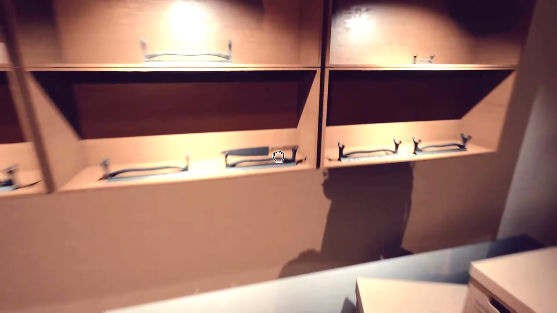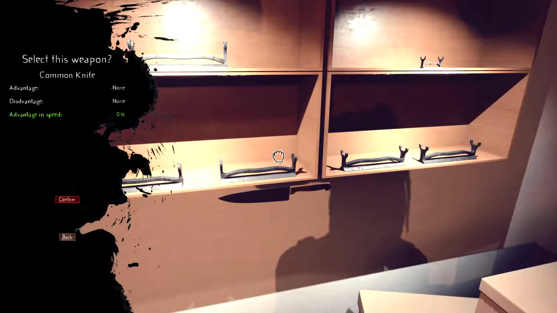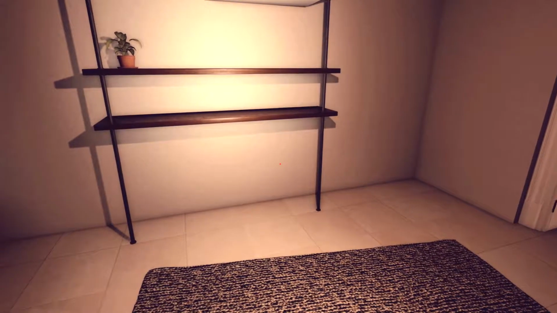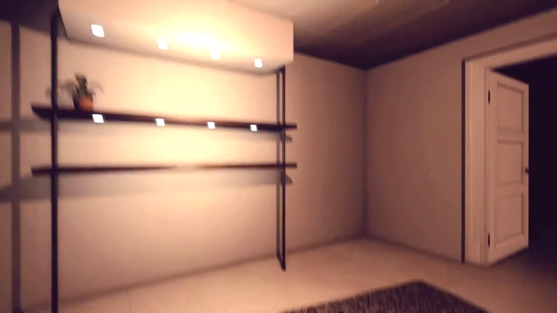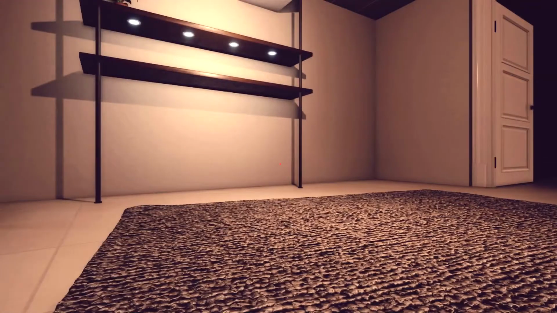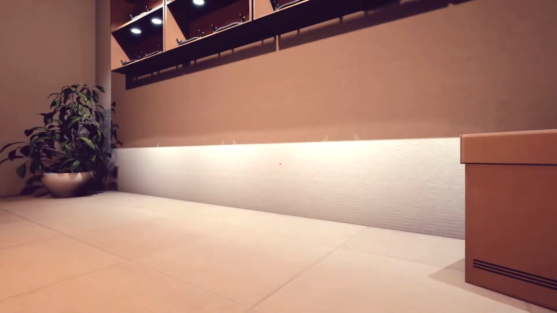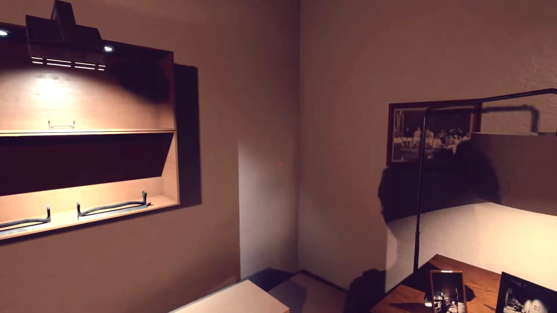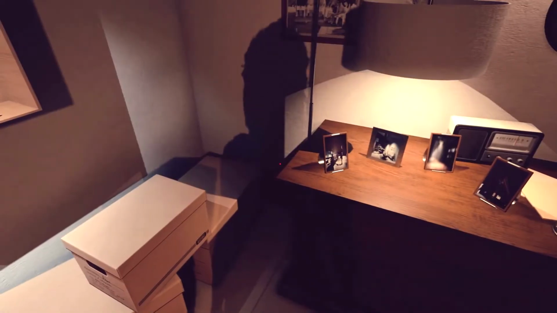Yeah. This knife here. See, I have to choose a knife. It's a select this weapon. I have selected this weapon. There's no way to use the weapon. So we are wholeheartedly defenseless in this